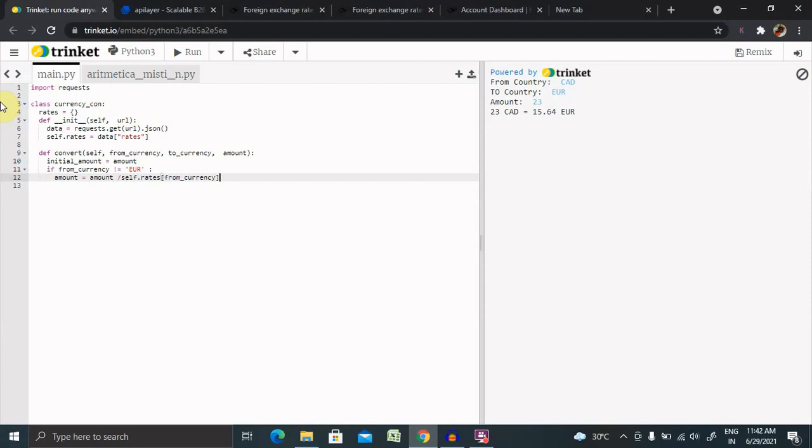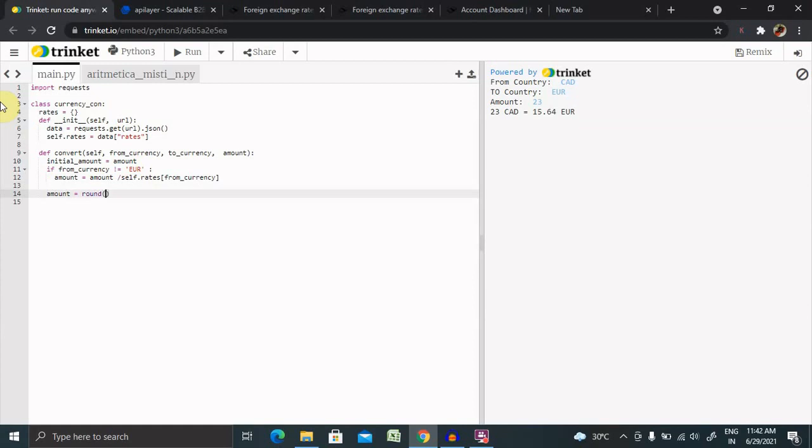Now if we want to limit the precision to decimals only, then we have to build logic again. Otherwise it will show us multiple trailing decimals. So amount equal to round off, which is a function name we are using here.